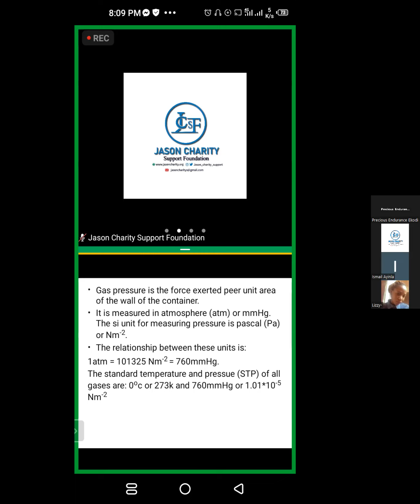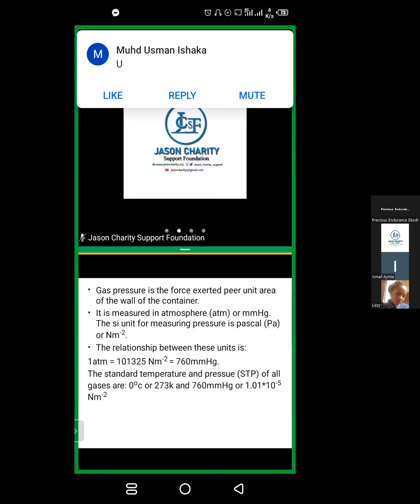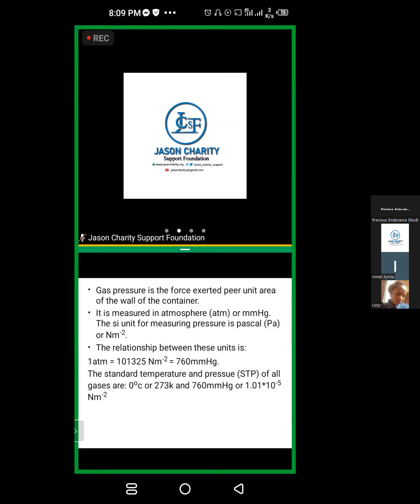Now, what is the implication of this? Meaning that when you say gas at standard temperature and pressure, it means that gas will either be at 0 degrees Celsius or 273 Kelvin for the temperature, while for the pressure, it will be at 760 millimeter mercury or